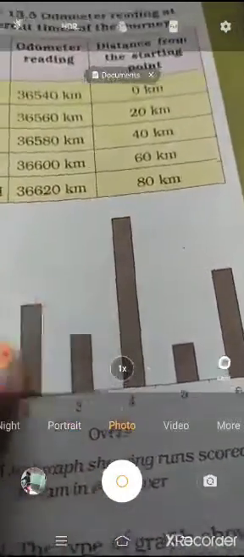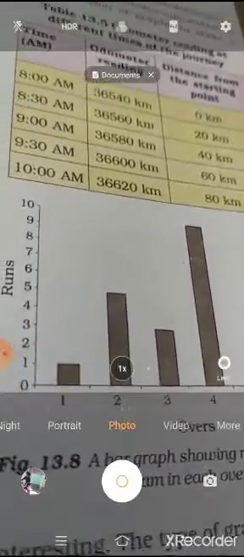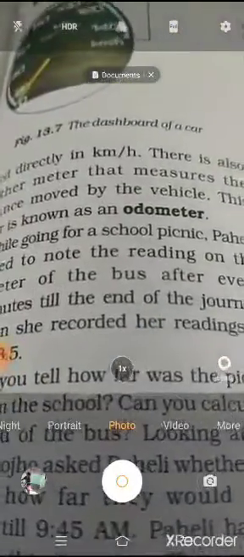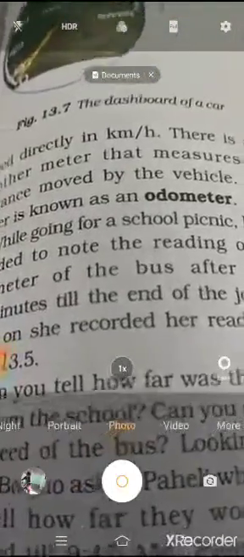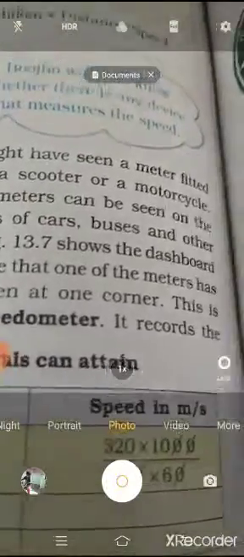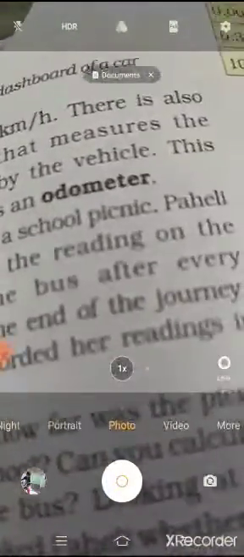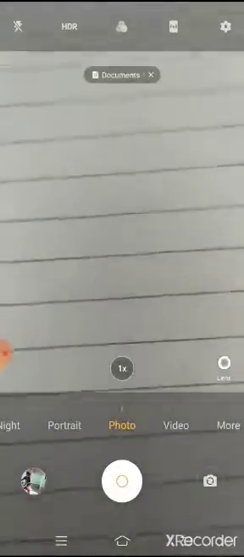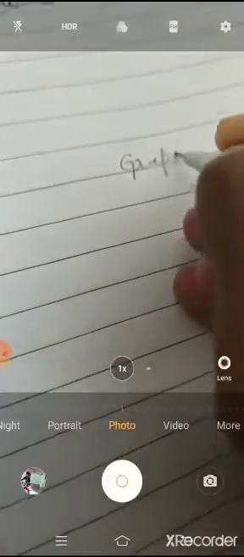graph. There they have given one more example, that is the odometer reading time of a vehicle, and it is the odometer reading and the distance covered. Odometer means it is a meter that has been fixed to a vehicle where it gives you the speed directly in kilometer per hour, and even in some of the small vehicles they have a speedometer where it gives the record of the speed, how much the vehicle has traveled. We'll see how to represent the distance and time in the graph.